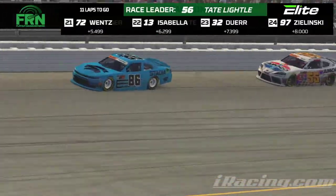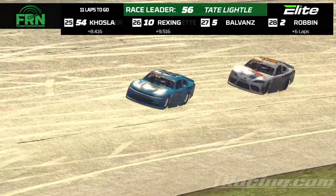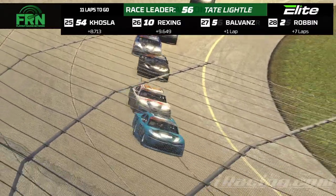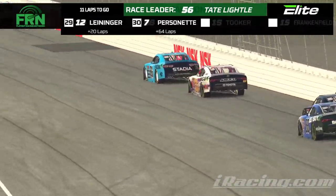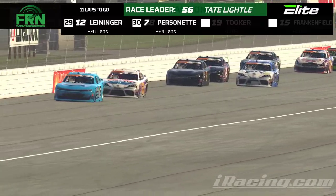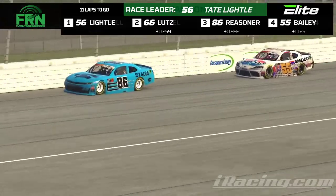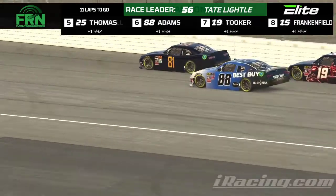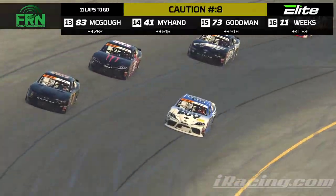It's a heck of a battle. Riesener driving aggressively right now. He knows he only had that 10-point gap coming into this race. He wants it to be bigger than that going into a wild card race like Daytona. This has been, I think, one of the strongest performances I've seen out of Ethan this entire season. And right now, the guy that is dropping is Johnny Thomas. He's now under fire from Joshua Adams for 5th. Yeah, I think he's just getting munched up by the